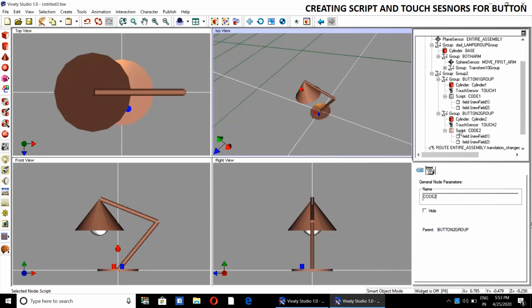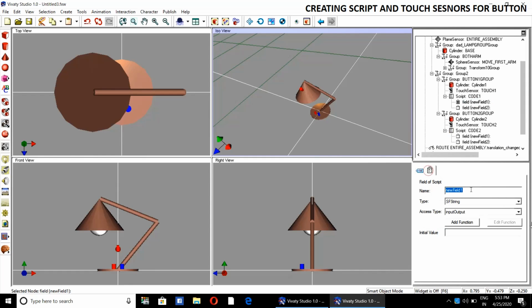Then we have to change the fields also. This field we will call it value.